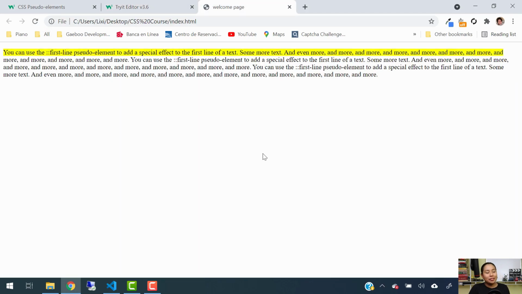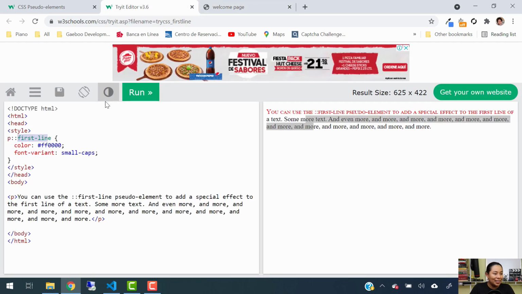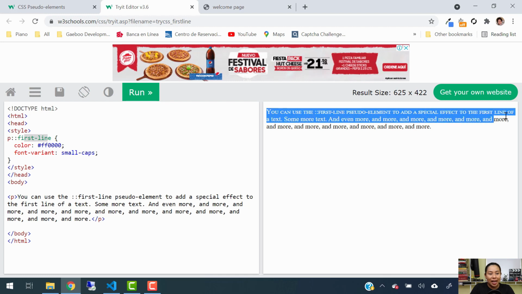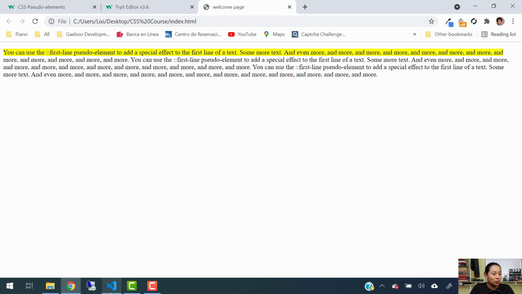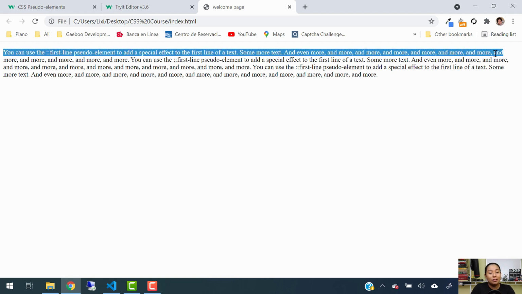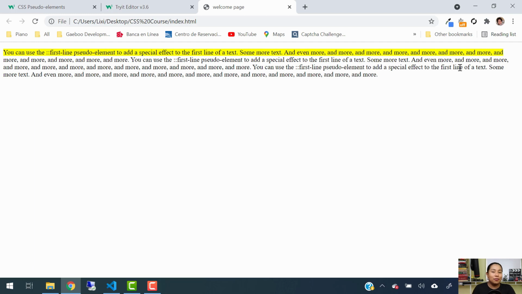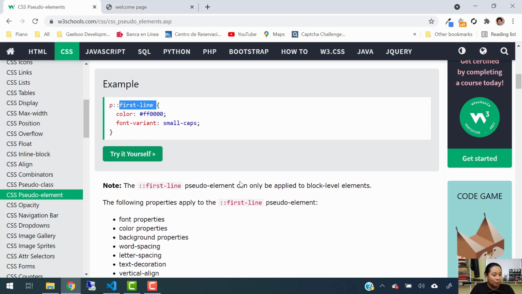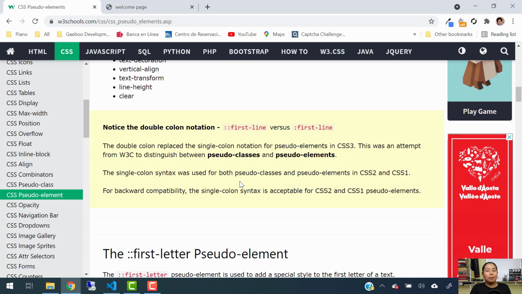And boom, as you can see here, what the first-line pseudo-element does is apply certain style, whatever style that you give in your code in here, to the first line of an element. In this case, it's the first line of the paragraph that we are using as an element. So whenever you just want to change the first line of your element, you can go ahead and use the first-line pseudo-element. So go ahead and try it out on your code. Now I'm going to go to the next example I want to show you here. And by the way, I'm going to just do